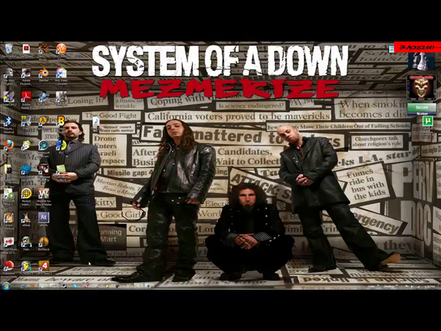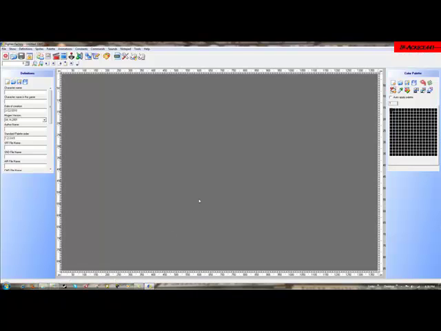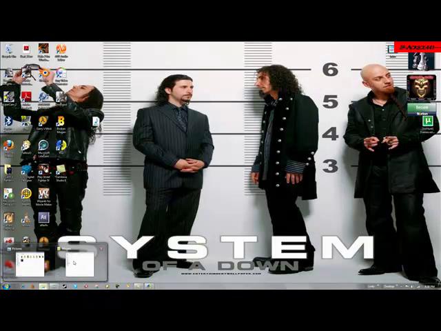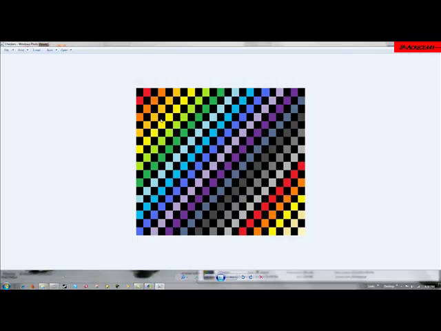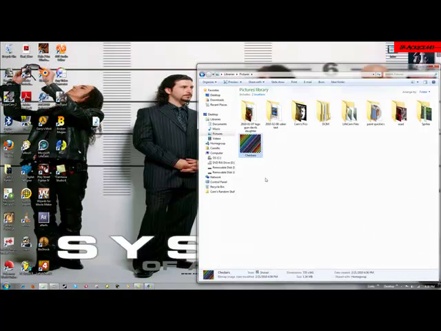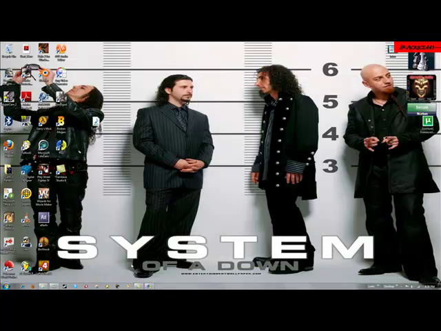First of all, for any stage, of course, you're going to need a picture. I have this one right here, checkers. The picture has to be in bitmap format, so you can use it. Okay, and after you have a picture, go